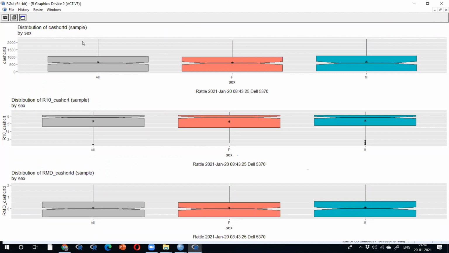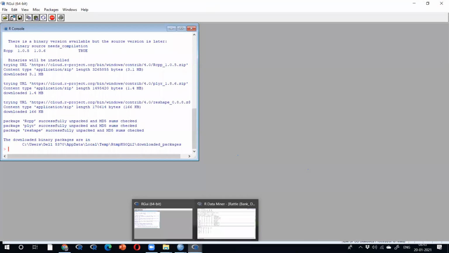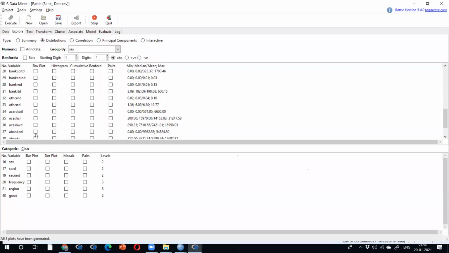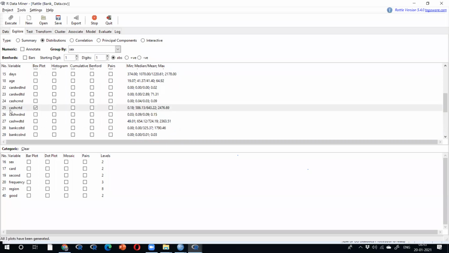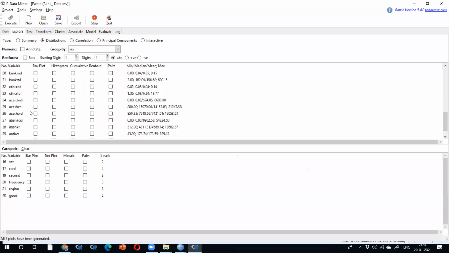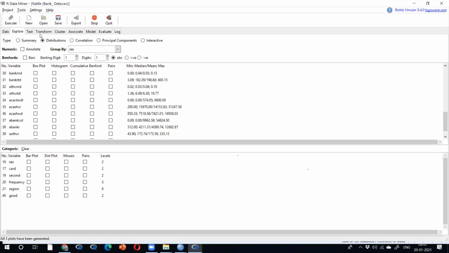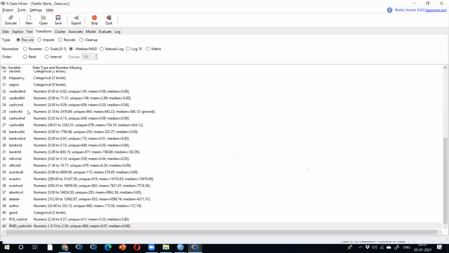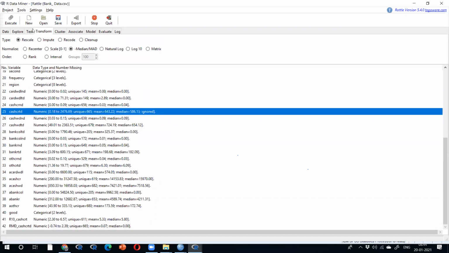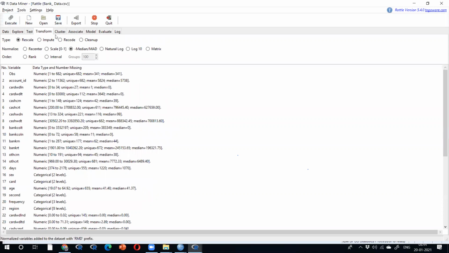First variable, sorry, this is right, correct variable selected correctly. Cash credit. No, it seems this is a different variable, this is CRT, CRTD, right? And cash credit, right? Execute it.